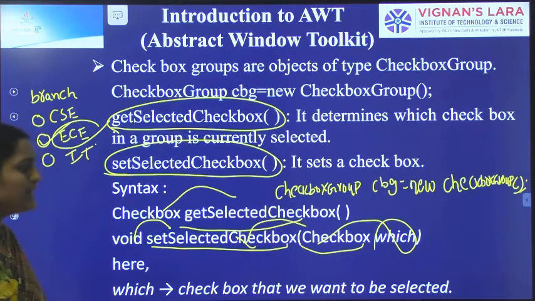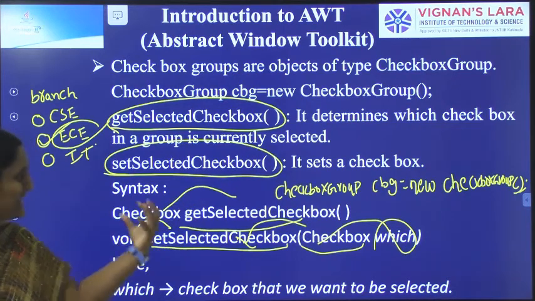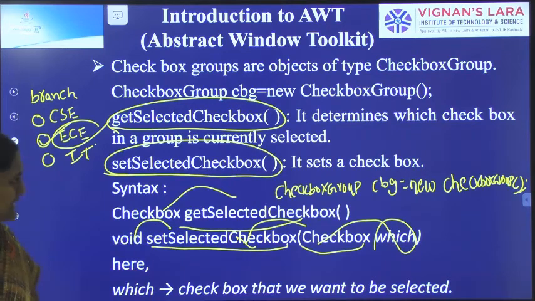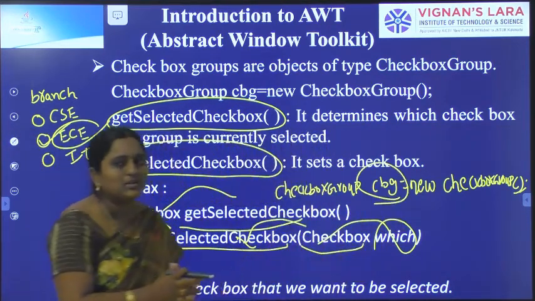In order to implement a checkbox group, first we create the object of the checkbox group: CheckboxGroup cbg = new CheckboxGroup. Next we create objects of the checkboxes, passing this object reference as an argument to the checkboxes.